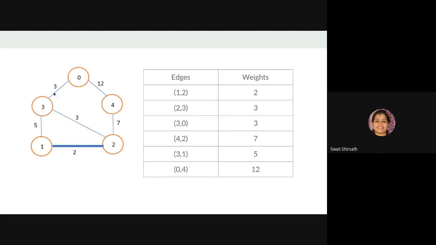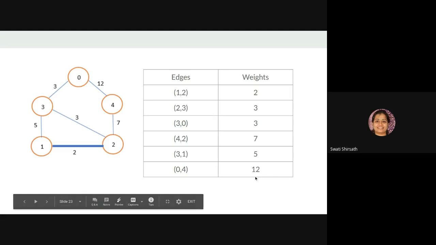So we'll add the 2 to 3 edge. Where is 2 to 3? We'll add this edge there. Then after that we have 3, again 3. When there are two same weights, you can choose any one among them, and it may be possible that you select both of them. That is also fine, because that is the smallest. Okay, so 3 0 is again having 3. So let's see 3 0. After adding this 3 0, it is not forming a cycle or circuit. So we'll just add it over here, and then we keep on doing this.